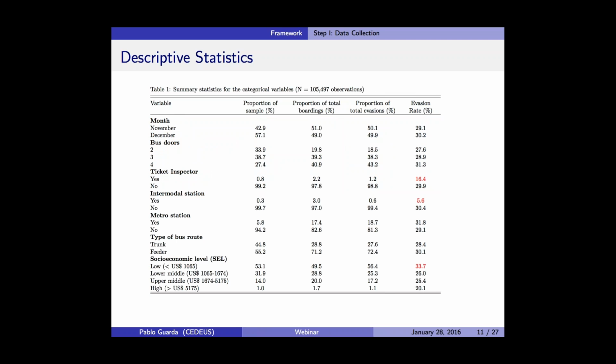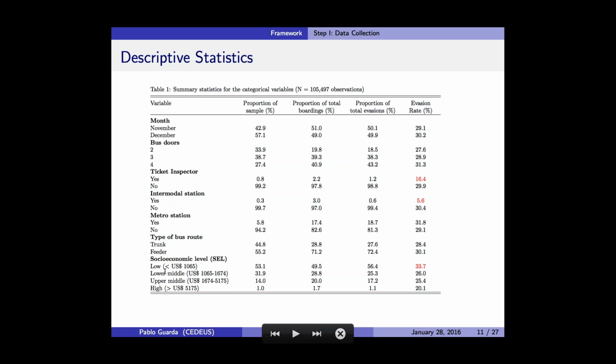So here we have more summary statistics. Category. Here we can observe the variables and the level of each variable. In the case of ticket inspectors monitoring the bus stop for the observation, if there are, then the fare evasion rate is decreased significantly compared to when there are no ticket inspectors, which is 30% of fare evasion. In intermodal stations fare evasion is observed to decrease significantly too, and here we